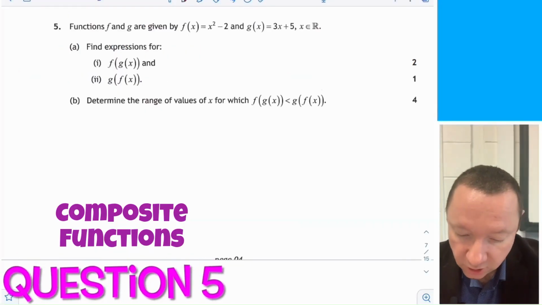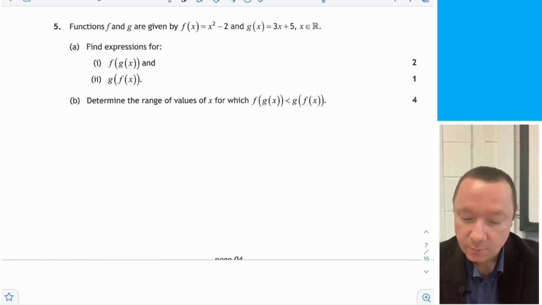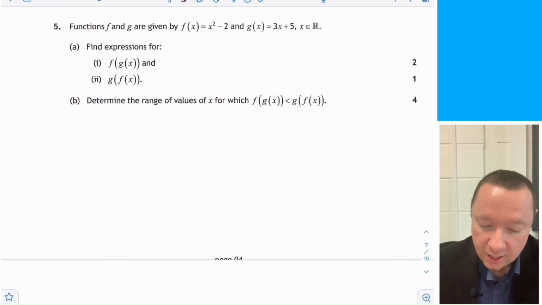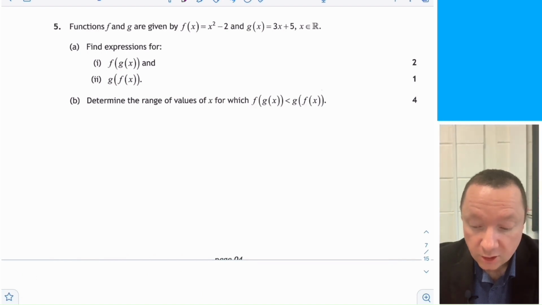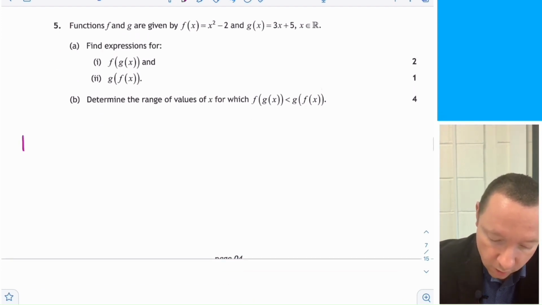Question 5. Functions f and g are given by f of x is x squared minus 2, g of x is 3x plus 5. Find expressions for f of g of x and g of f of x, and then determine the range of values for which f of g of x is less than g of f of x. Let's get straight into it. Part 1. f of g of x